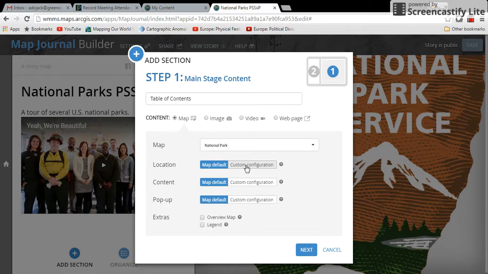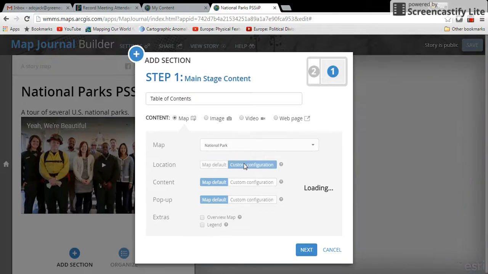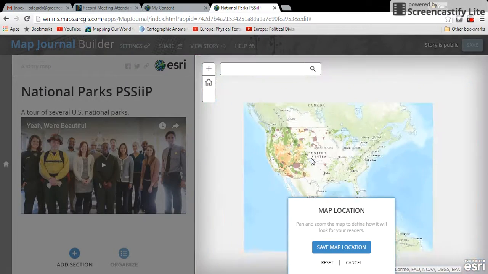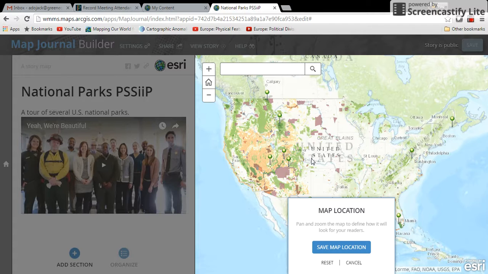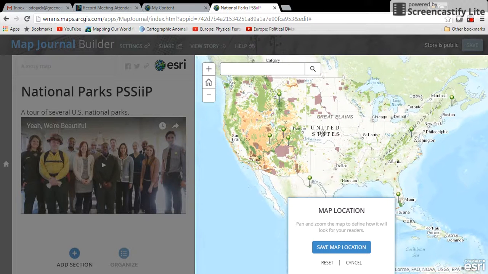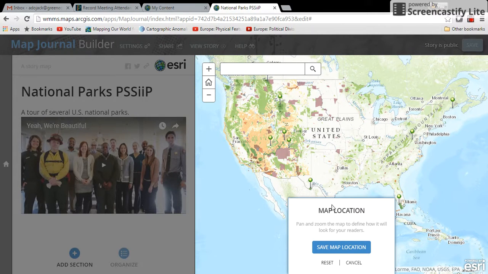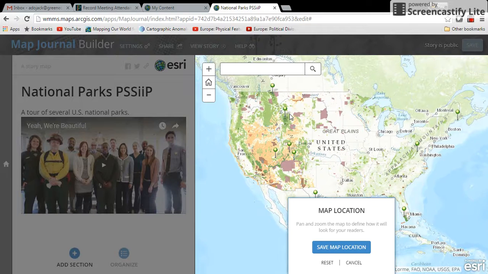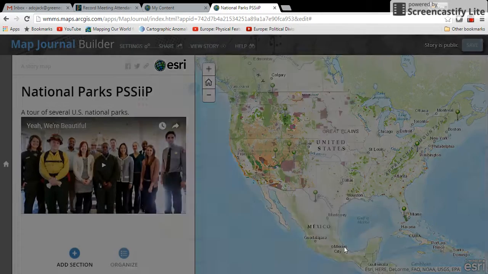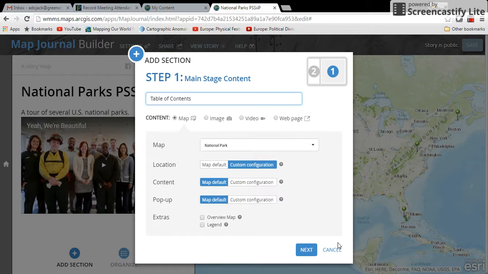And I want to make sure that my location settings are fine for my map. That's basically my map extent. So I click on custom configuration. And as I zoom out, I want to see everything, all of my map points, right? This won't be here when somebody views the story maps, but I want to make sure that all of my points that I put on here are visible. And so from there, I just click save location, and that will basically pin that map to the story map